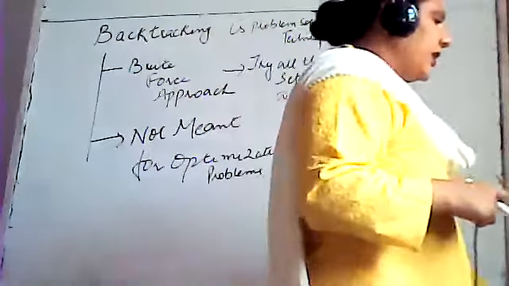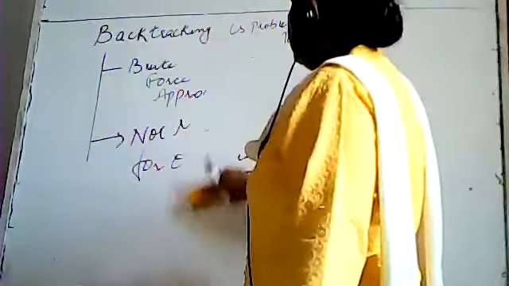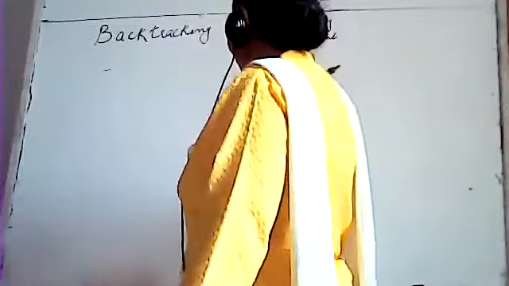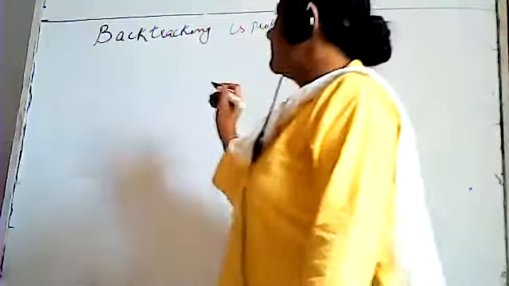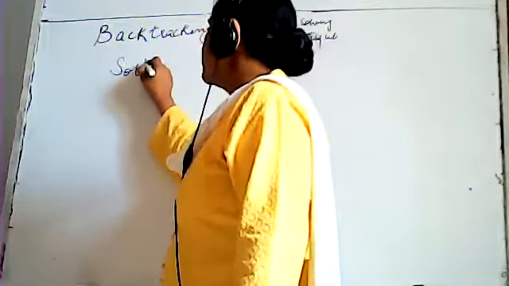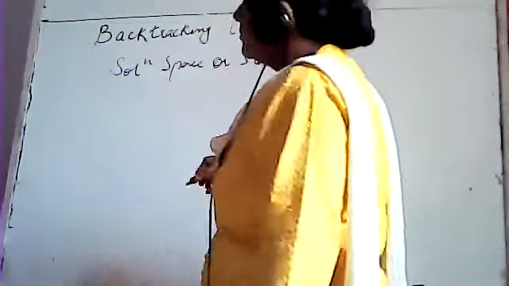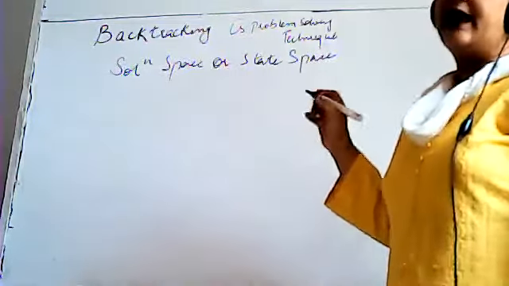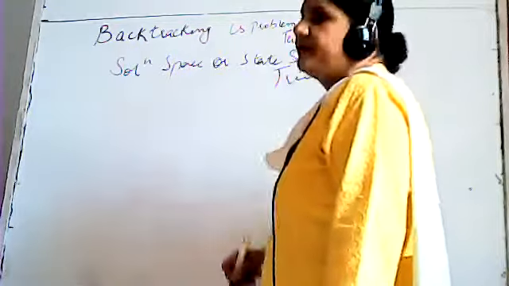So let's do the first technique, that is the brute force approach. Then I'll tell you how to backtrack and what to do. In backtracking, the solution is always made in the form of a tree. It is called the solution space or state space tree. It is a graphical representation. We will be making this tree right now.